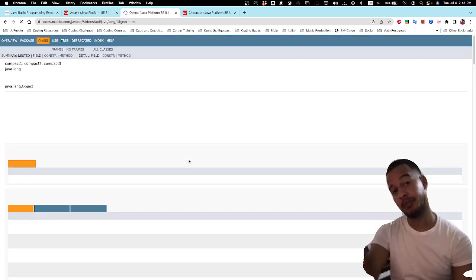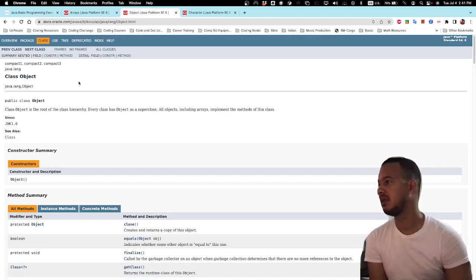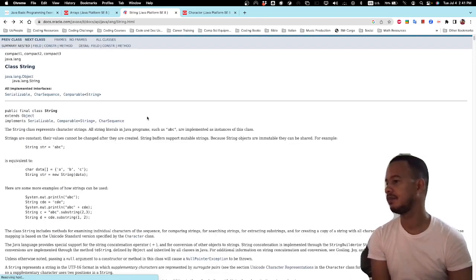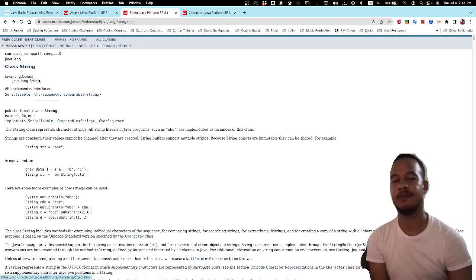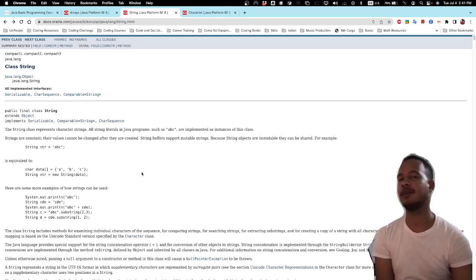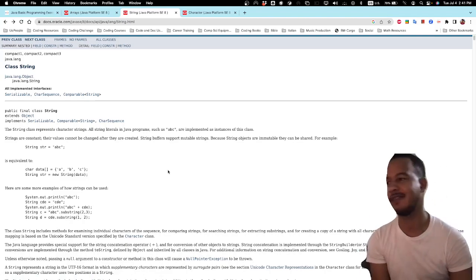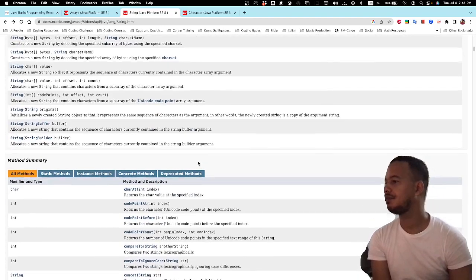So we don't have to import them. We can just use them. Oh, let me go back, sorry. The object class is the father parent class for every single, all existing classes in Java. Anyway,